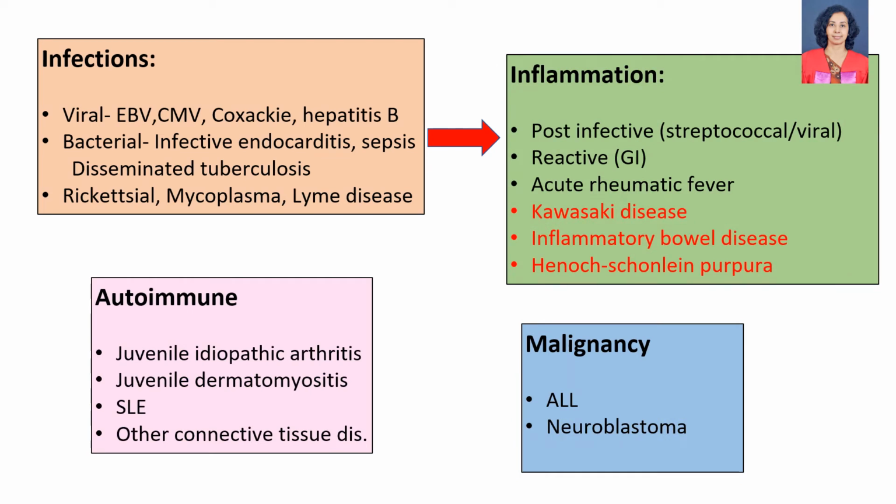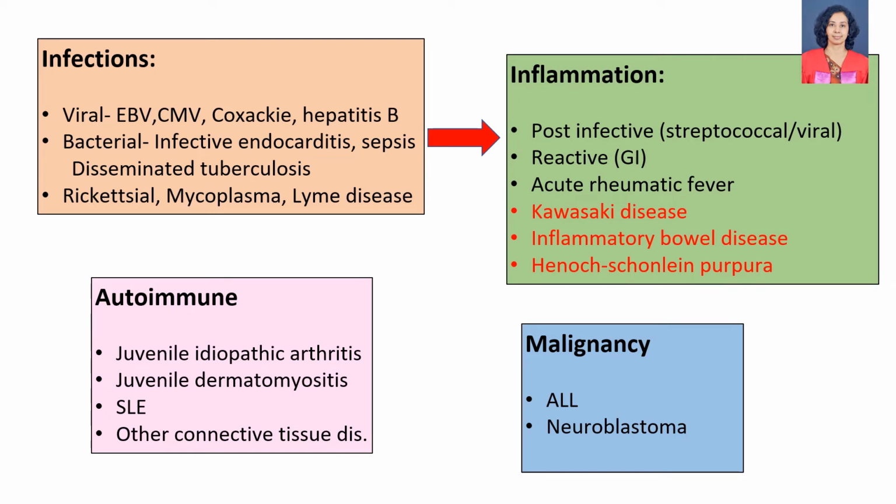All right, now let us go back to the same slide where we considered the multitude of possibilities that are likely in our patient. So we considered infections, acute as well as post-infective phenomena, viral, bacterial, and other infective etiologies. So what is possible in our patient? And then all these infections and post-infective causes lead to inflammation, leading to either a post-infective or a reactive arthritis and acute rheumatic fever, and the other inflammatory conditions caused by various kinds of vasculitis like Kawasaki disease, inflammatory bowel disease, Henoch-Schönlein purpura,